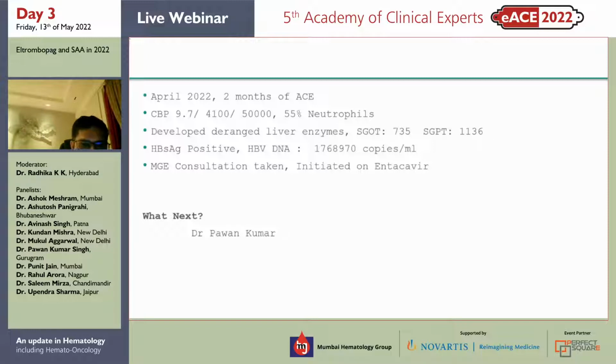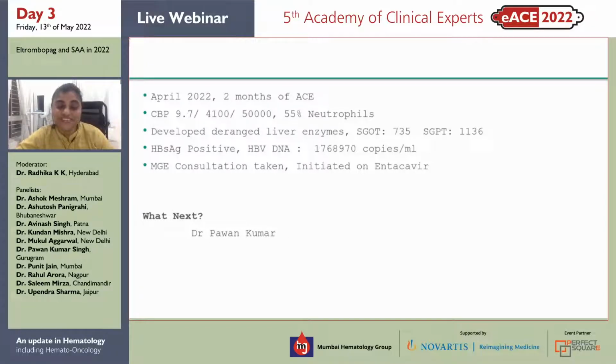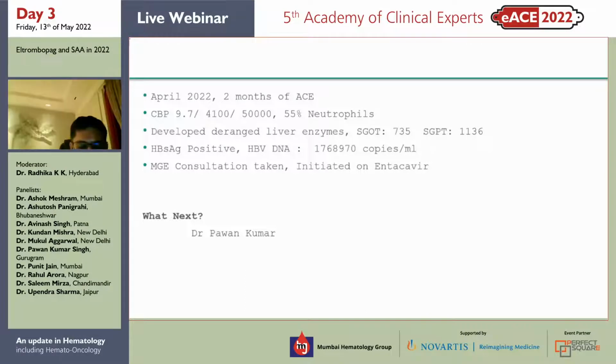So obviously, with gastroenterology consultation, entecavir started, which is good. So I would also continue with the entecavir. And temporarily, I would like to stop both cyclosporine and Revolade at this point of time and watch for liver enzymes. He just achieved remission. Yeah, but still temporarily we need to stop it. I would like to stop it, watch closely for liver enzymes, and once they are coming down, then we can restart.